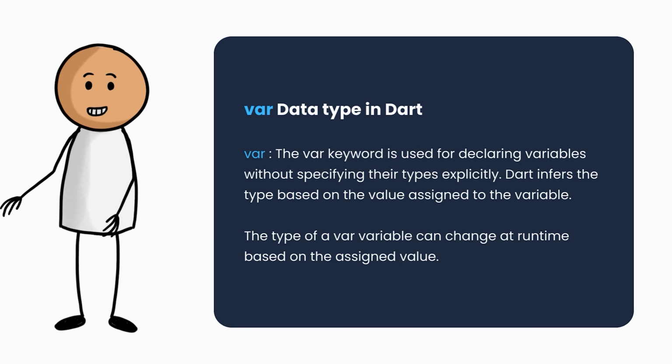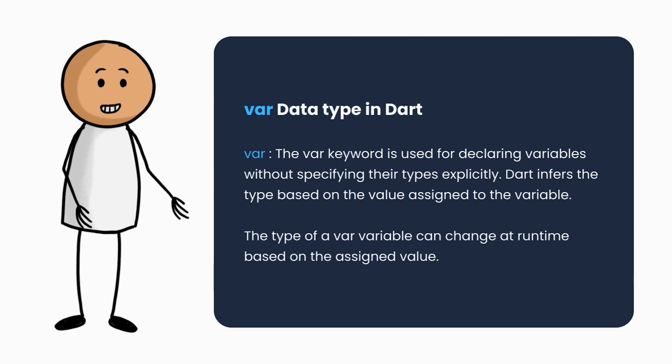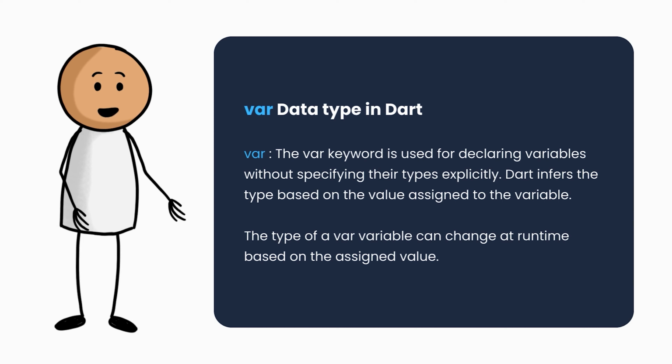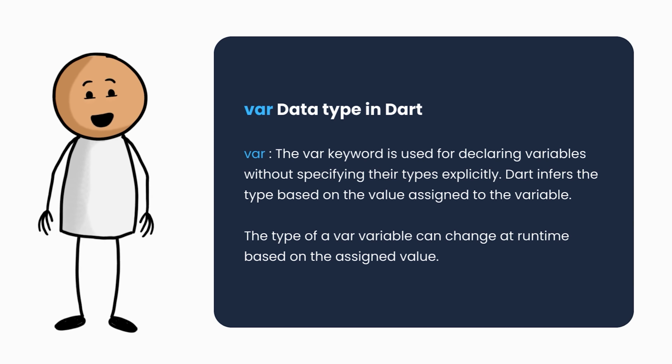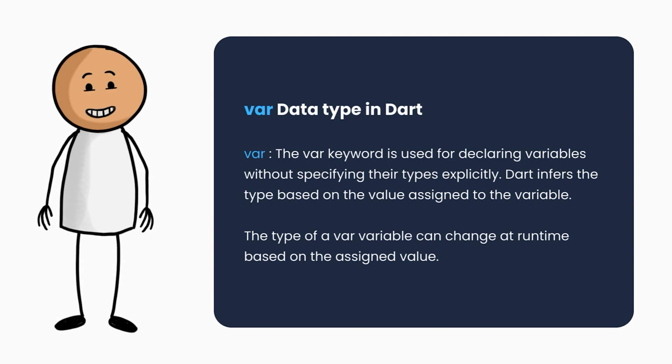Now let's look at VAR data type in Dart. The VAR keyword is used for declaring variables without specifying their types explicitly. Dart infers the type based on the value assigned to the variable. The type of a VAR variable can change at runtime based on the assigned value. For example,